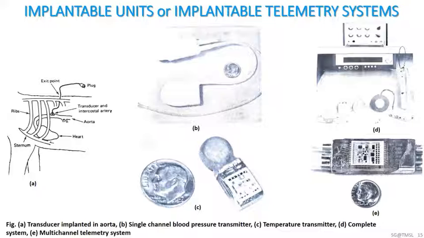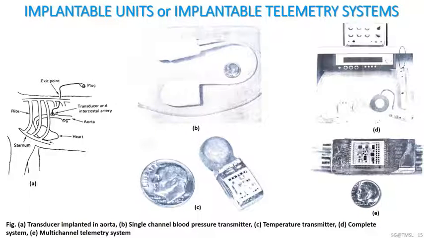Basically, there are some applications of transducers in animal research, including implantation in both ventricles of the heart, the aorta, the carotid artery and the femoral artery. So in addition to the different blood pressure measurements, we also use it to measure abdominal, esophageal, thoracic, or